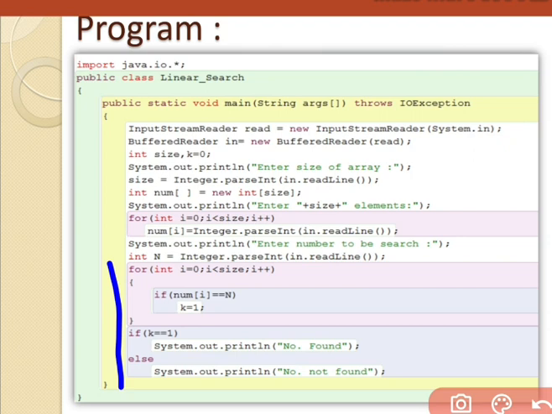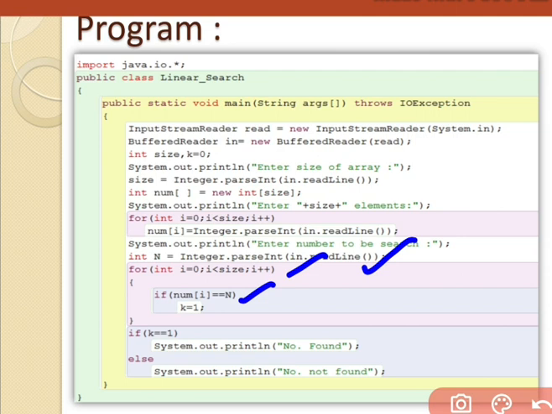See, from here we have the linear search technique. Now we have to match each and every element with our number to be searched. Means we have to execute a loop from 0 till size minus 1, means smaller than size. One by one we are going to match each and every element, because now it is an integer, we have to write double equals.